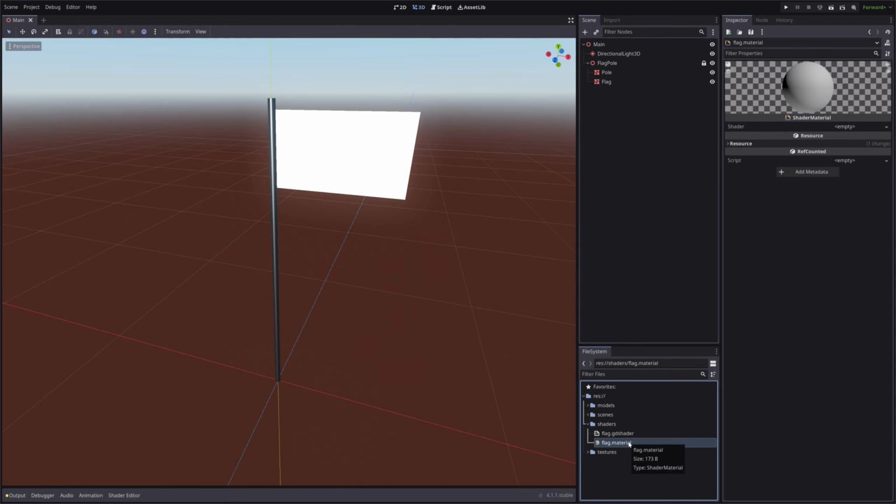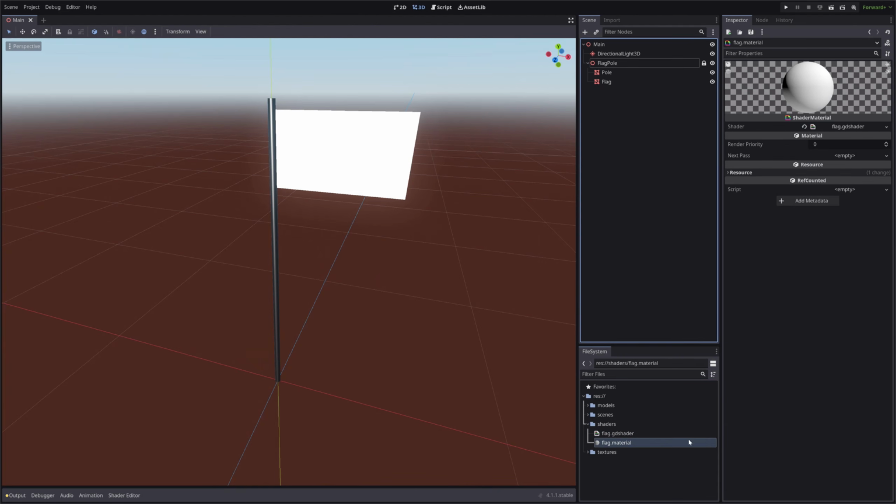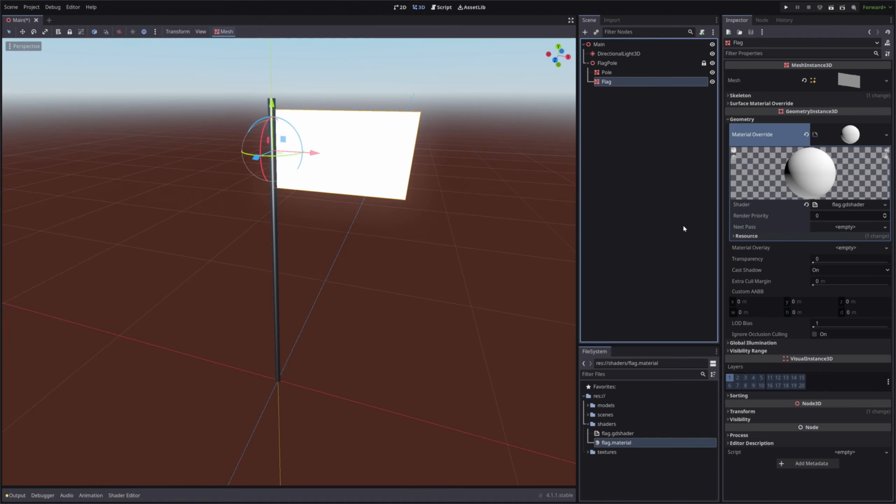It will open up in the inspector dock, and here it has a shader property. Let's assign our flag shader to it. Then I will assign our material to our flag mesh. So the material will tell Godot how to render our flag mesh, and material is the asset or resource that holds the actual shader code. Okay,